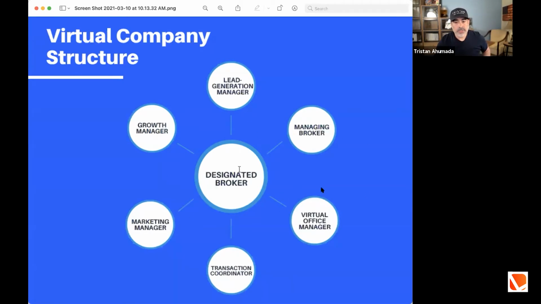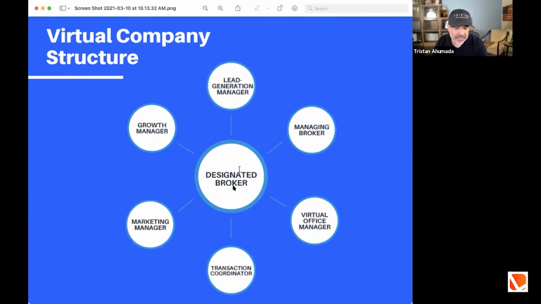And this is where most brokerages are heading anyway. Even if they do have a brick and mortar, they're still heading this way anyway. So it's good to see this and outline where the possible brokerage would be, and also where the possible team can be, because the future of our industry is revolving more and more around teams. So now instead of a broker there, replace it with team.